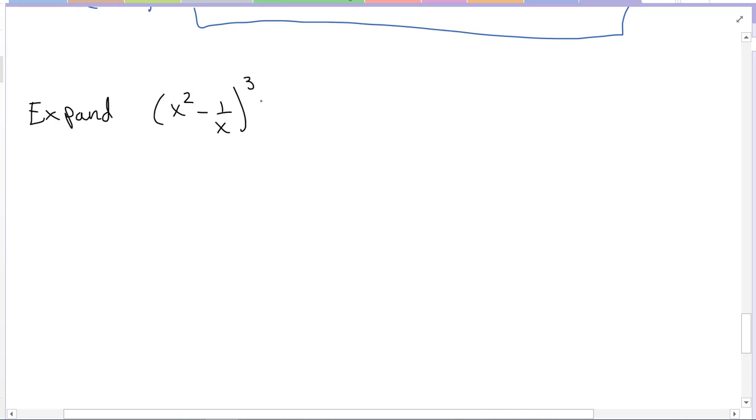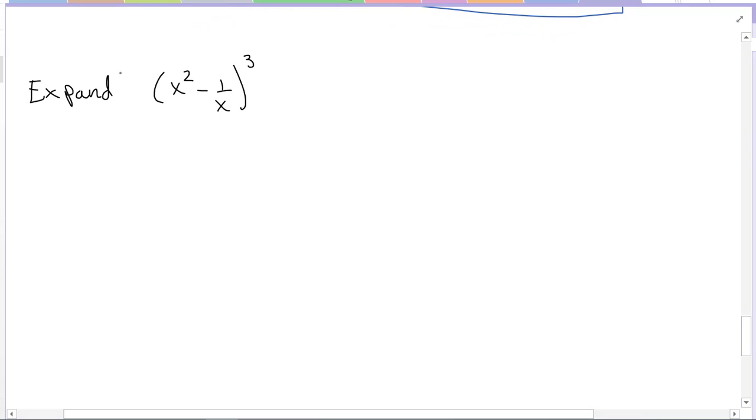I'm going to keep the exponents small just so that we can practice when our a and our b look a little different. So in this case, a is x squared and b is negative 1 over x. If you have a negative there, make sure that you put the negative with it, because our formula, or the binomial coefficient, is for when you have a plus b to the n. So if there's a plus in there, that's when it works. If there's a negative, you have to put it as part of the b. So using the binomial expansion on this, we're going to get